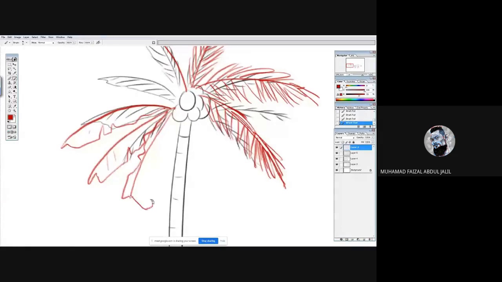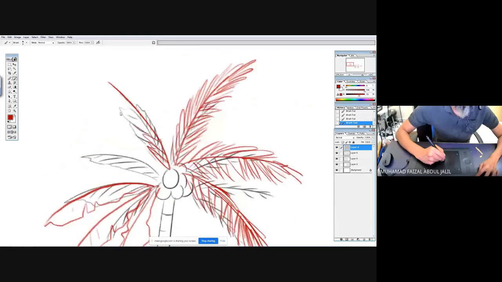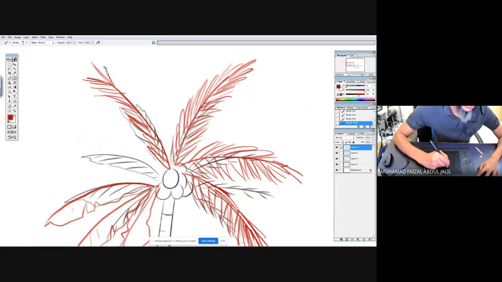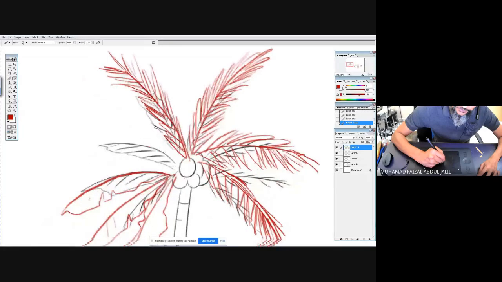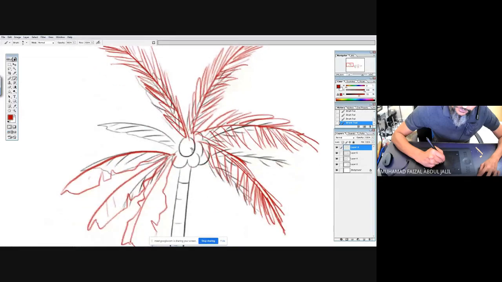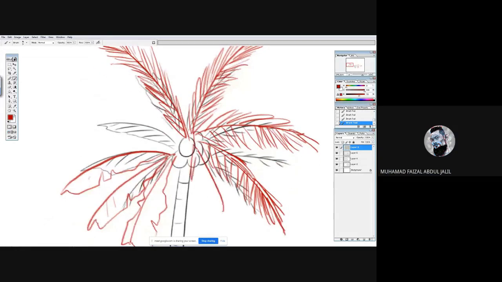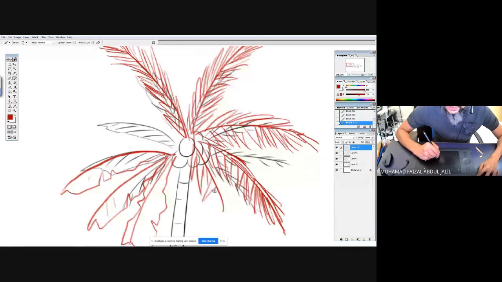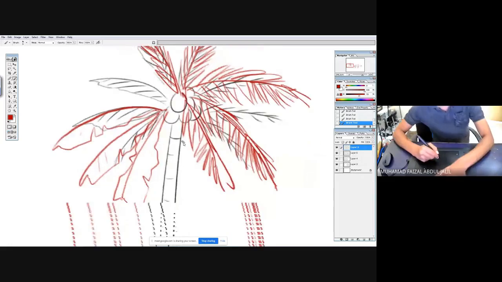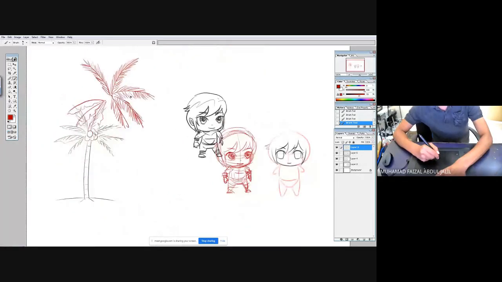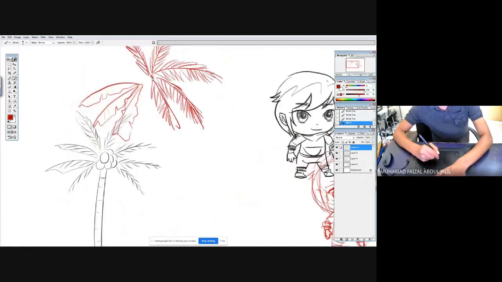It's a banana leaf there, right? Okay, banana leaf there. This one right here is more into palm tree or coconut tree, but this one also is not realistic, you know. I simplified them a bit there. But it shows basically the objective of our purpose when we design them. The purpose of why we design those